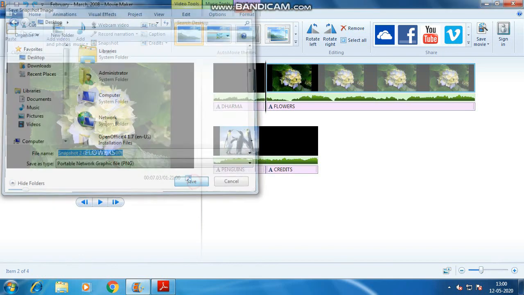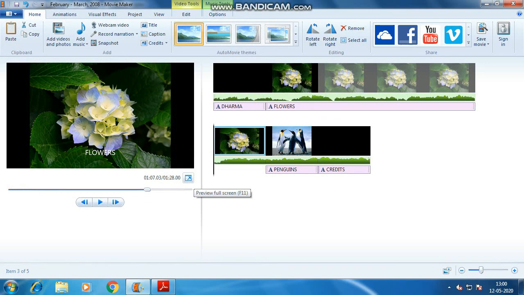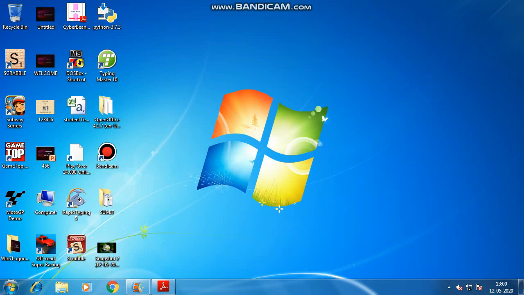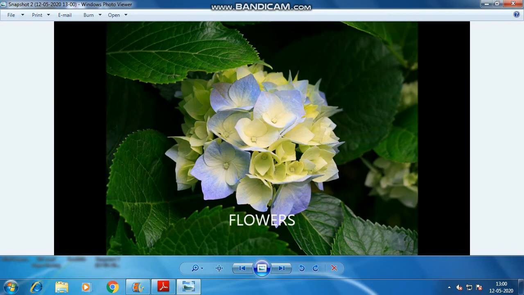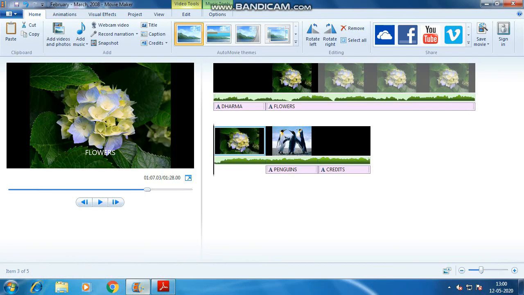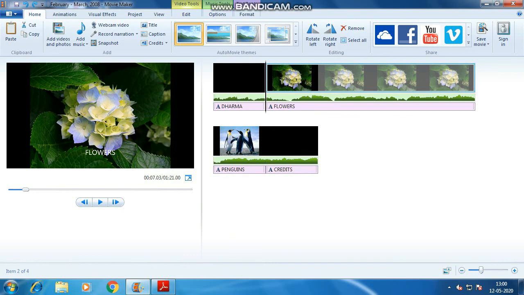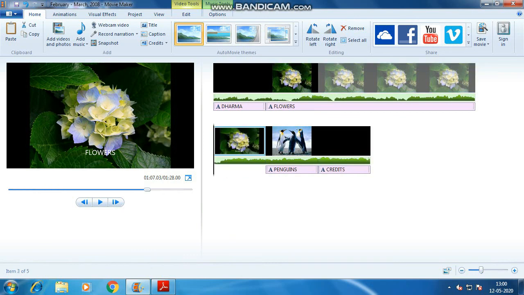So I'm saving it, so it's saved. Let's see where it is saved. This was the one which has been taken, and it is automatically added here. I'm undoing it, I'm redoing it, so it is showing. You can see the time here, it is changing.